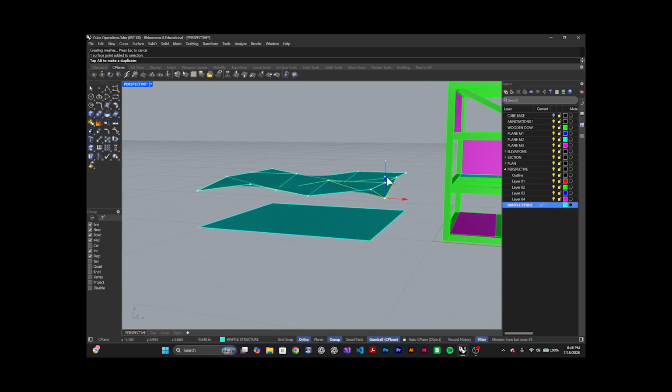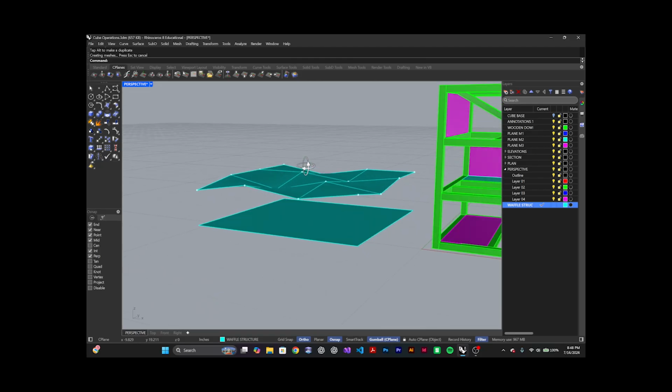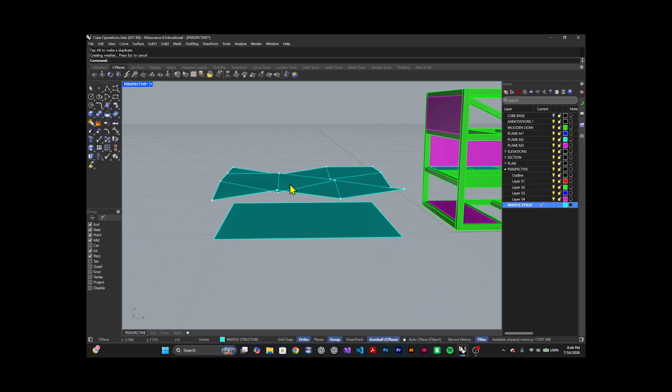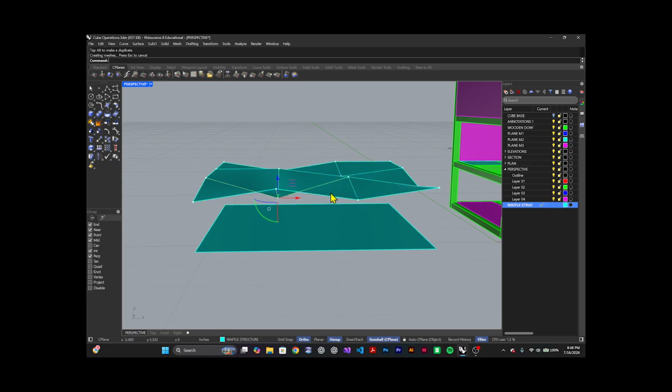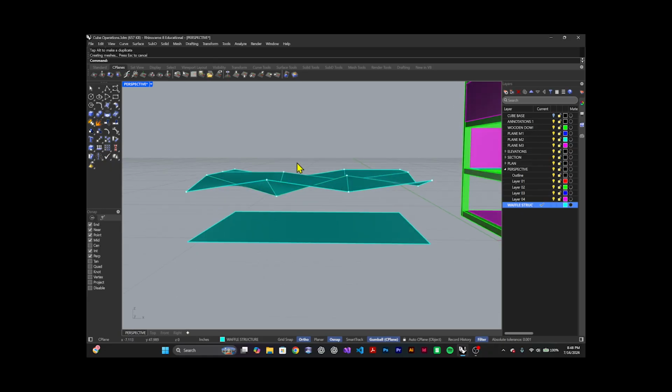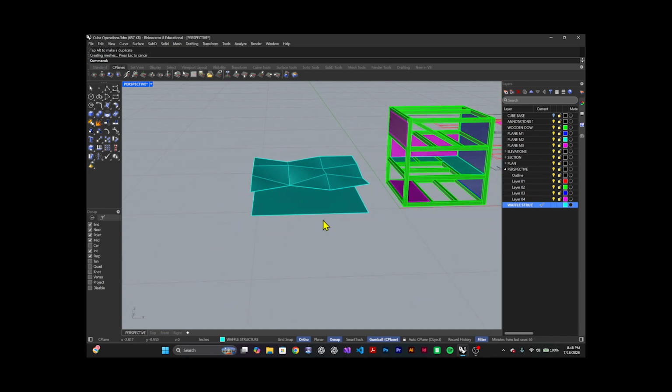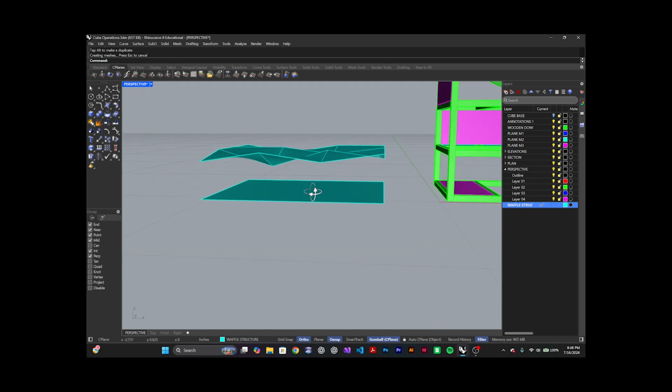Then what if I move this one down below? So let's say that I want my surface to be like that, right? Let's say that I'm good with this. So now what I have to do is connect these two guys to create